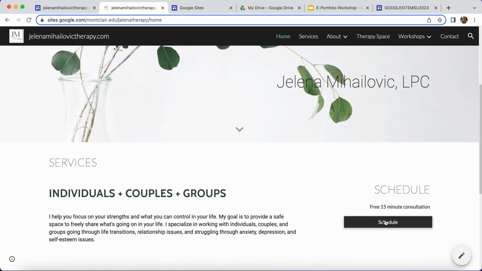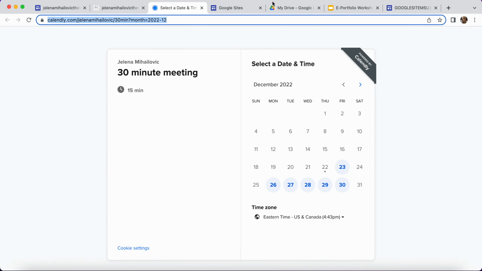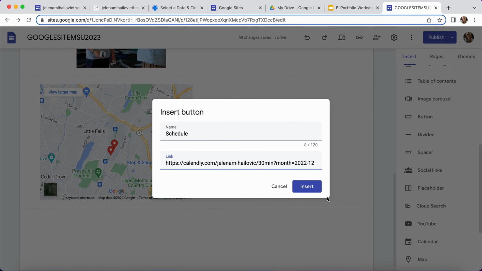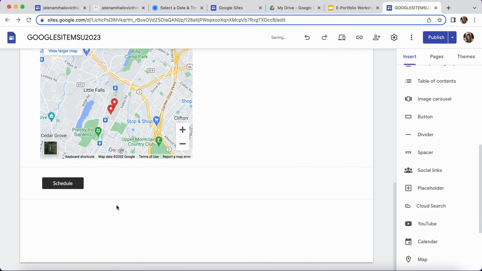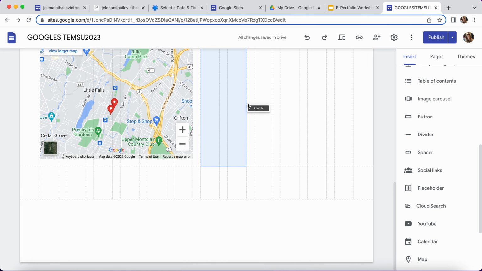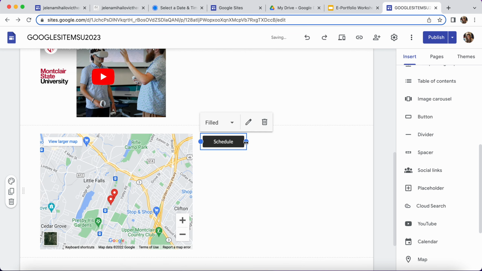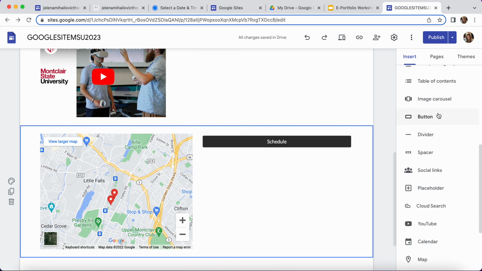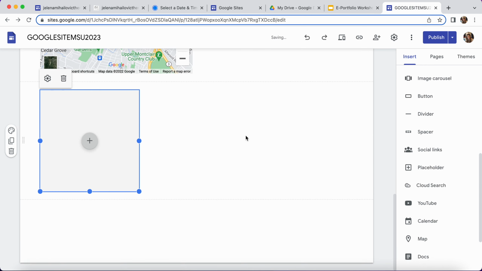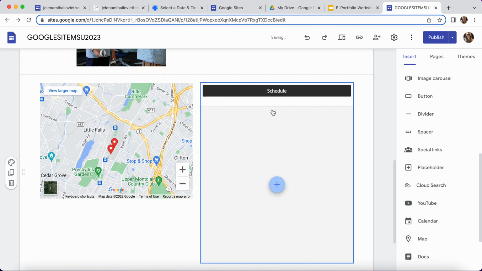So I have the website open. This is where I want my viewer to go. Insert, and there you have it. You have a button, and you can move this wherever you'd like. You could change the size, whatever makes sense. If you wanted to add maybe an image underneath or text, you can do that, and you can change the